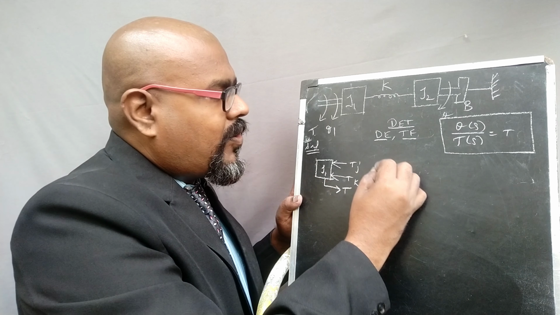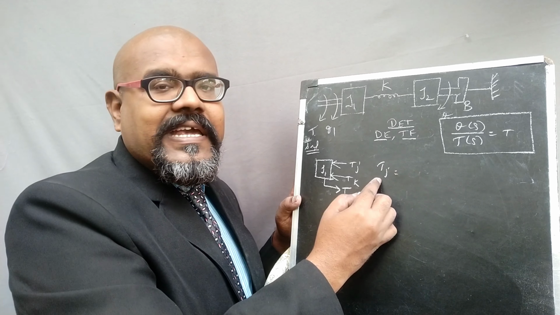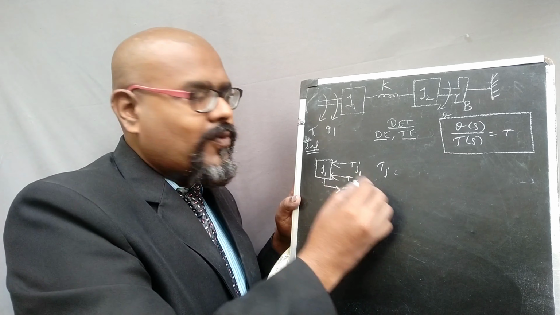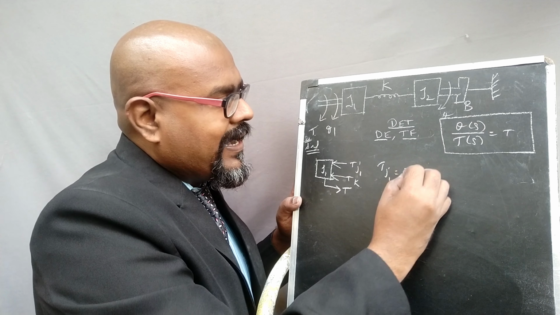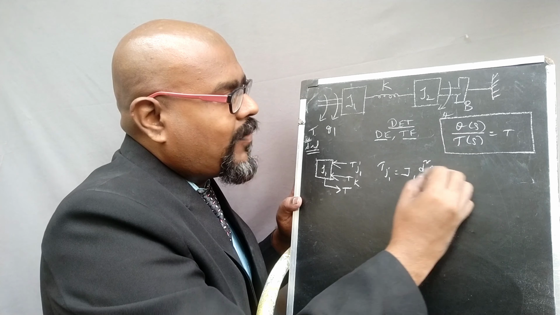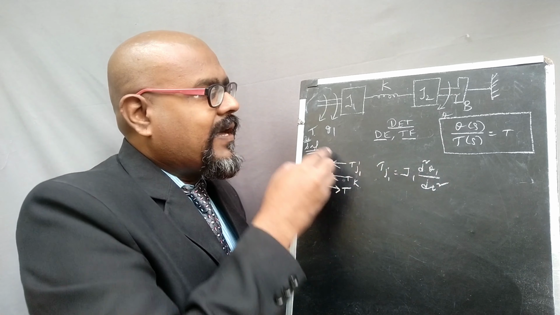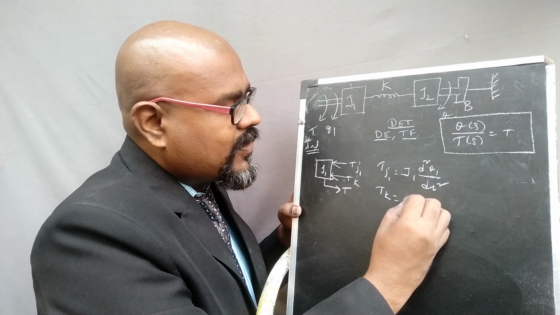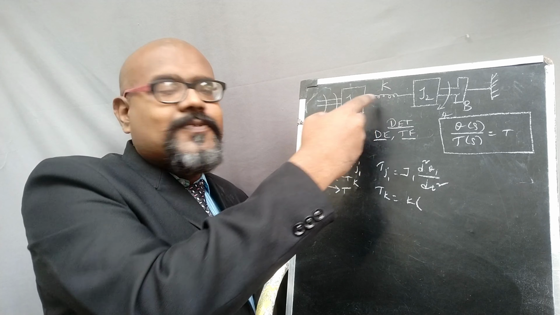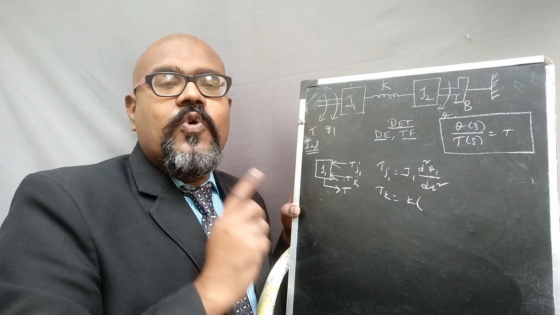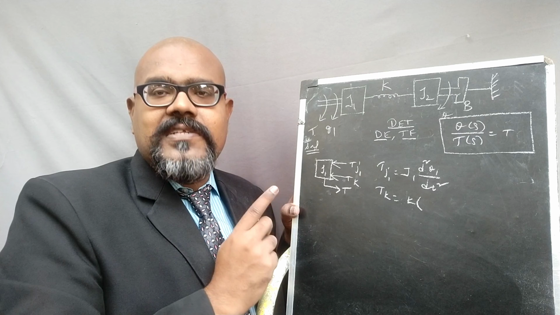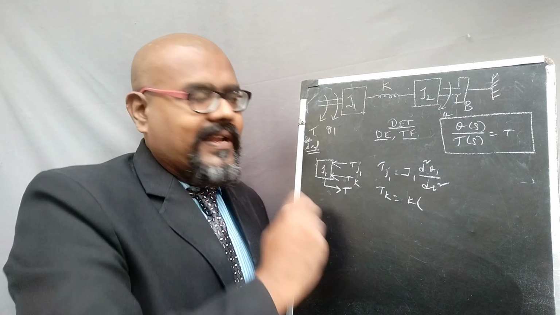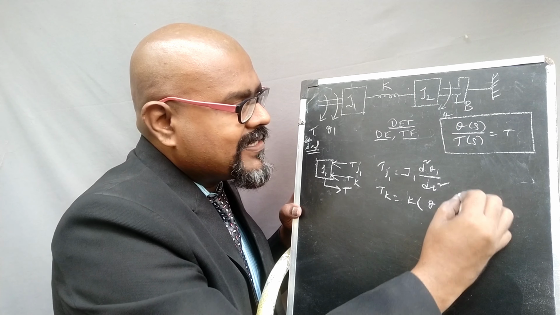Then we know that according to the force balance equation, the TJ formula, that is TJ1. Please remember, here it is J1, so you need to put TJ1. So TJ1 is equal to capital J1 into d square theta 1 divided by dt square. Why am I putting theta 1 here? Because the displacement is theta 1. Then TK, of course we know that TK is equal to K into the displacement, theta 1 and also theta. For our calculation, we are supposed to calculate only J1 for the initial step, so subtract theta from theta 1. So K into theta 1 minus theta.